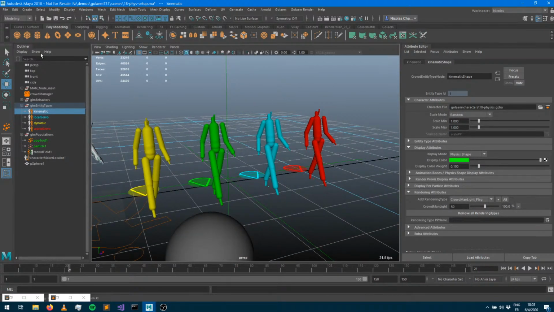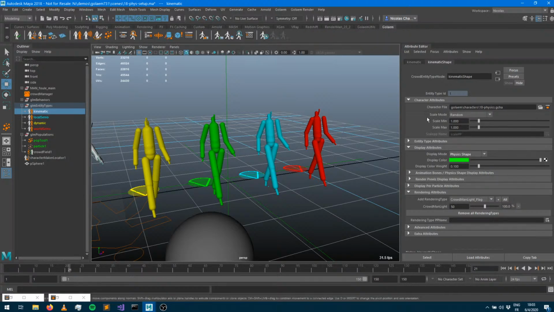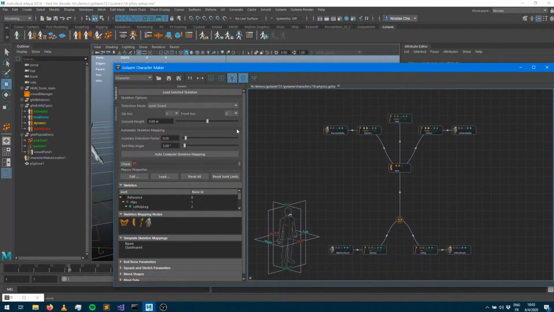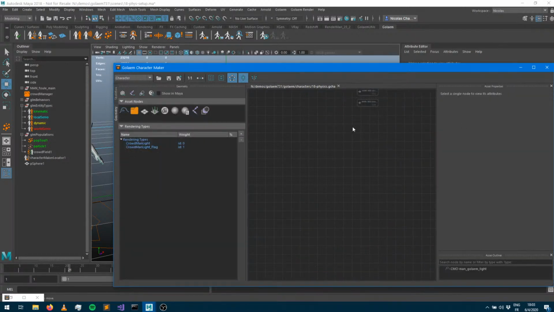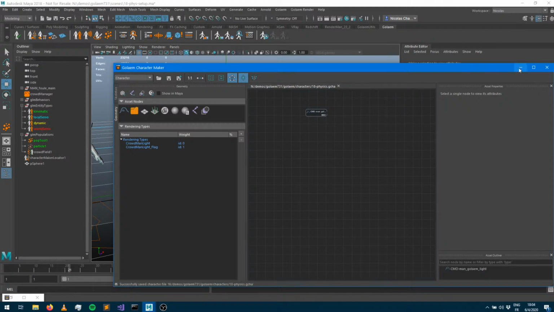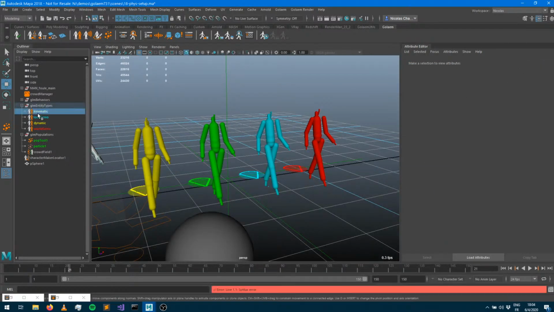Whenever you have configured the skeleton of your character, you're able to load that character within an entity type. You don't have to have the geometry of that character. If we take a look at that character here, the geo is not defined, so it's just the skeleton part. That one is just empty. Those are just remaining nodes that I need to delete. So that's my character here, and it doesn't have any mesh,